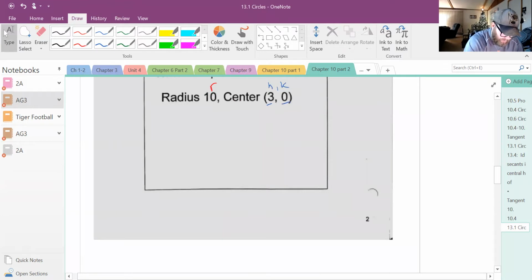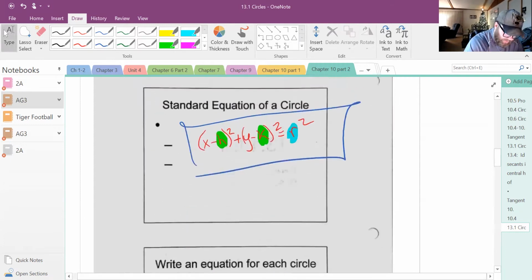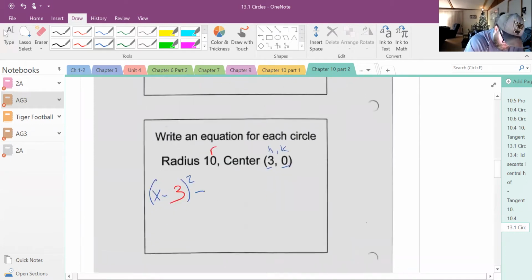Okay, first things first, we have (x minus h) squared. X minus my h squared. Okay, what is my h? My h is 3. Let me change colors here. I'll put my variables in red. (X minus h) squared. Okay, then we have plus (y minus k) squared,